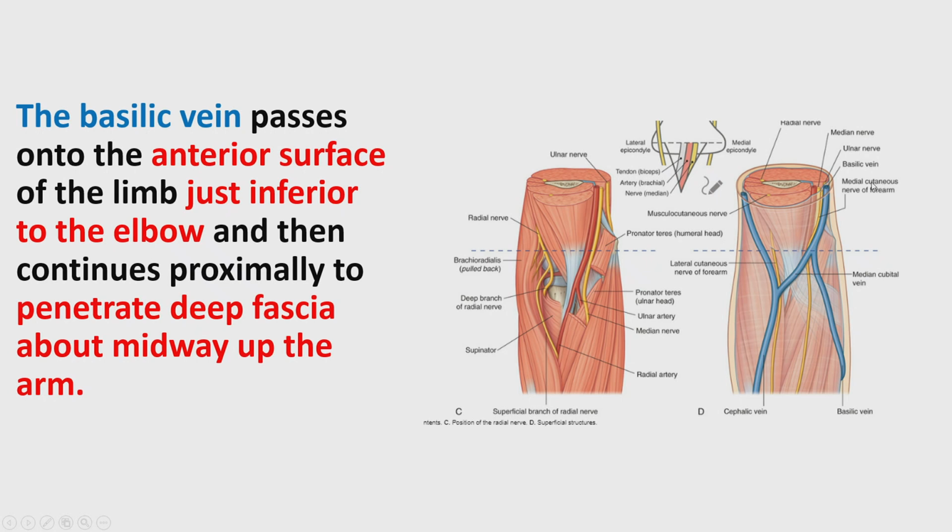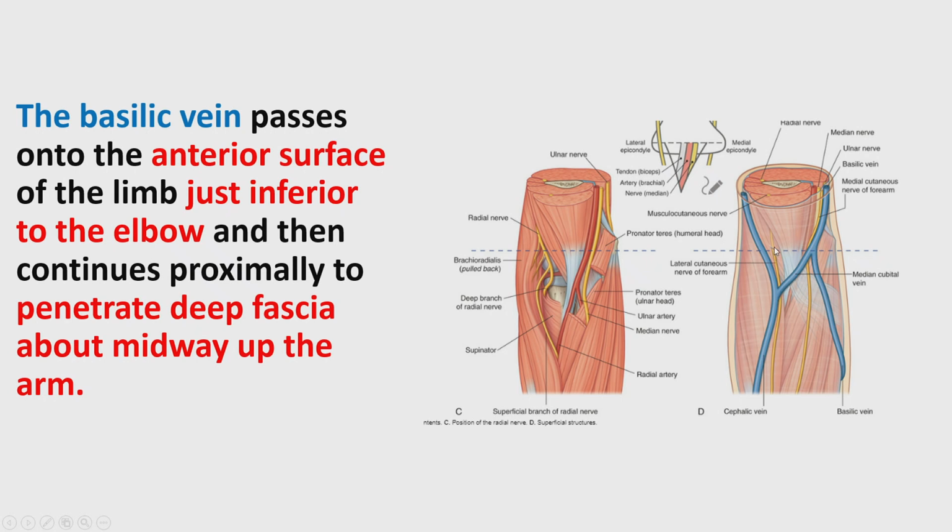It's accompanied with the median cutaneous nerve of the forearm. So at that region, piercing the deep fascia, there is this cutaneous nerve that is coming from the brachial plexus. And here is the interconnection of the cephalic and the basilic, which is called the median cubital vein. It's important for taking blood samples, and it has several variations that I will